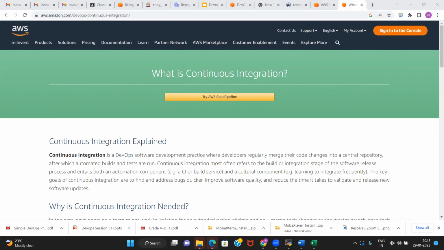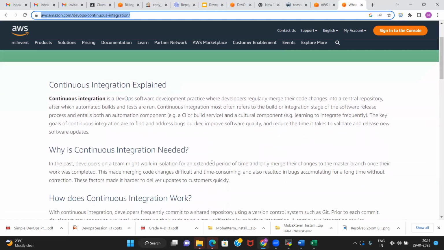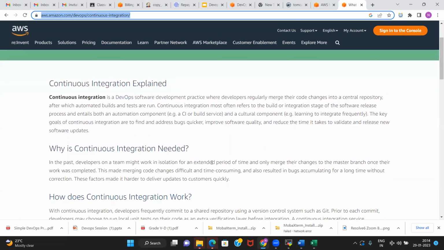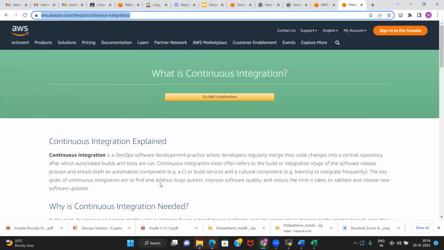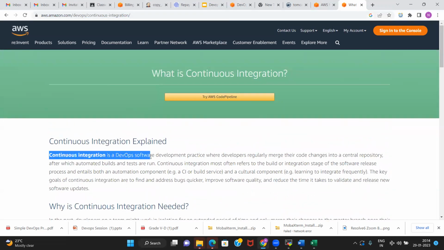This is the standard definition provided by AWS for what CI is. Let us go word by word and try to understand what it means. It is a very short, concise definition. Continuous integration is a DevOps software development practice.